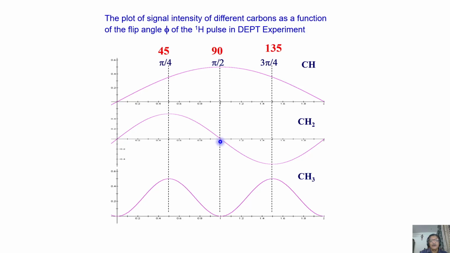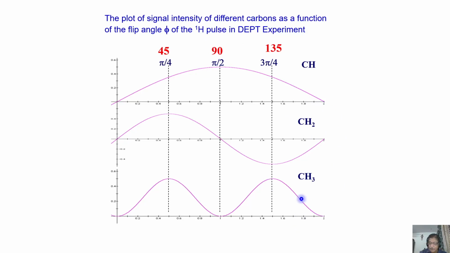Very interesting, right? So you are editing the spectrum. When you do a DEPT 90 experiment, all the peaks you observe are only CH carbons. Very simple to identify. Then the question comes, how do you distinguish between CH2 and CH3 carbons? I may have CH2 and CH3. How do I identify them? There are two questions to be answered. First, you filtered out only CH carbons. Next, you have to assign CH2 and CH3 carbons. That is the second point, and the third is, between these two, I have to distinguish what is what.